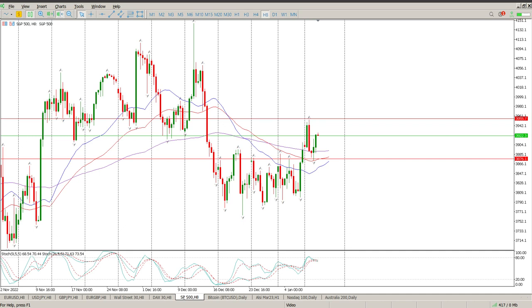So we did get a retest. It was quite a messy day yesterday. We'll get to that on the lower time frames. Yesterday, quite a few traps were set and a few people were caught out. But ultimately, as I said to you yesterday, this was the retest we were looking for. We got a relatively decent retest on the hour. It was sort of pre-market, but then we had a bit of chaos during the market, but